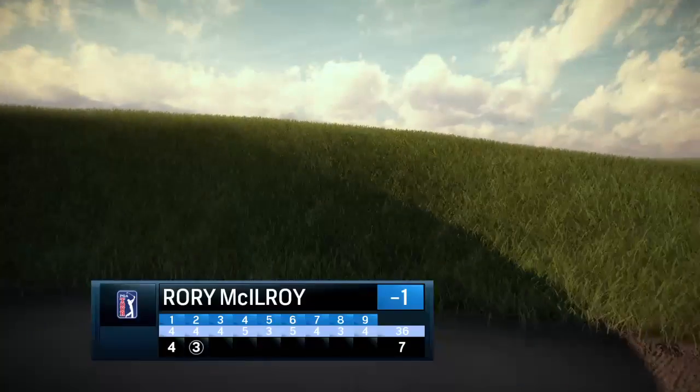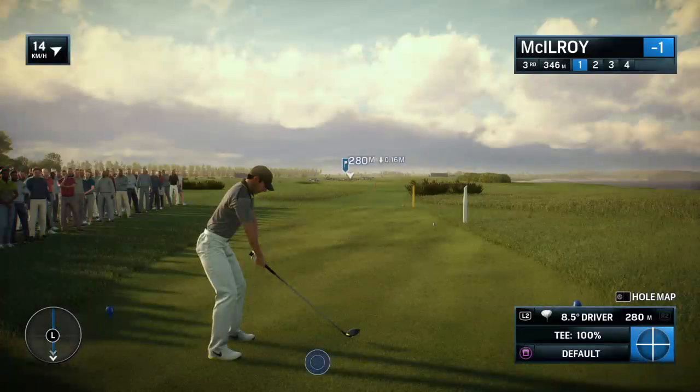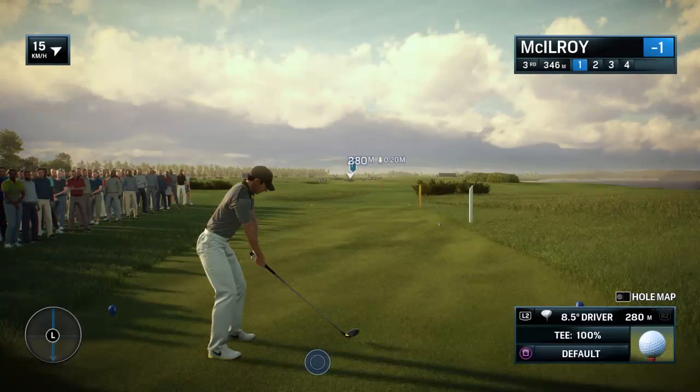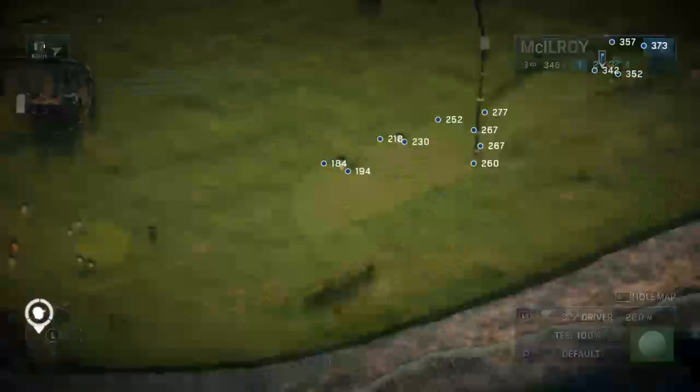Now at the third hole here at Royal Troon, and Frank, another sort of short par 4, just 379 yards. Yeah, simplicity's the key here, Rich. You don't really want to hit the ball more than 280 yards. The reason why is there's a burn there. And then from there...